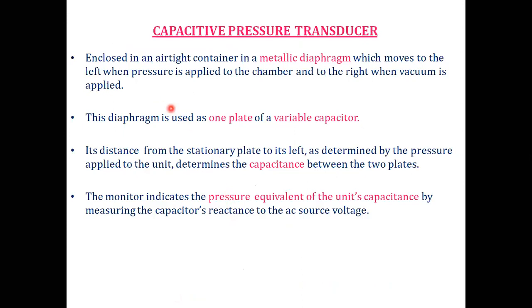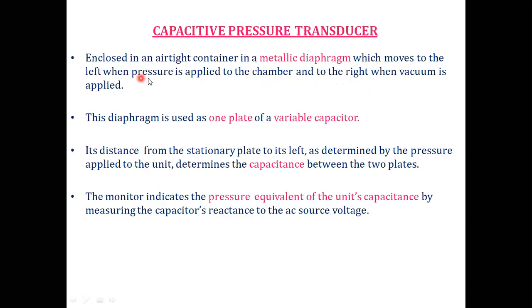Enclosing in an airtight container, a metallic diaphragm moves to the left when pressure is applied to the chamber, and to the right when vacuum is applied. ప్రెషర్ అప్లై చేసాం అనుకోండి, ప్రెషర్ అప్లై చేసినప్పుడు ద మూమెంట్ ఇన్ ది క్యావిటీ మే టేక్స్ ప్లేస్ హియర్, ద మూమెంట్ ఇన్ ది చాంబర్ ఆర్ క్యావిటీ మే టేక్స్ ప్లేస్. That movement is going to be in the right direction when the vacuum is present,